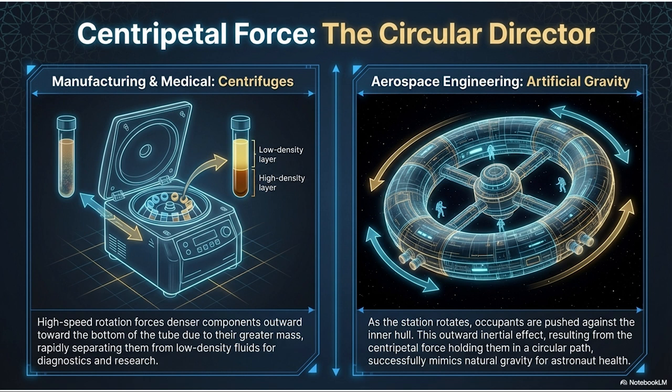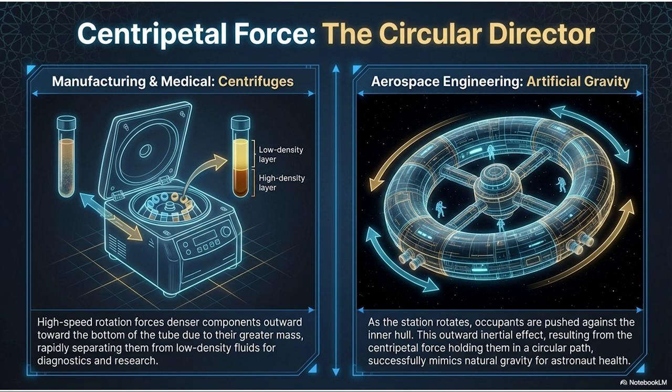Aerospace engineering. We're talking about artificial gravity. Oh, this is great. If you are a fan of science fiction movies, you definitely know the visual. A massive, glowing space station shaped like a giant ring, rotating slowly against the stars. It looks so cinematic, but it is deeply grounded in actual physics. We know that long-term exposure to microgravity in space is devastating to the human body. It really is. Astronauts lose massive amounts of bone density and muscle mass because they aren't fighting gravity every day. Their bodies literally just start to waste away.